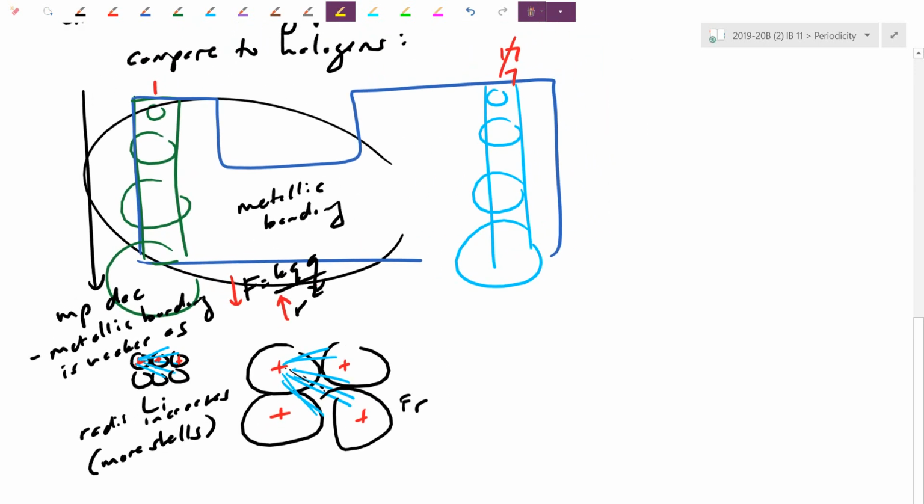Melting point decreases, so the melting point drops, so it's easier and easier to melt. We're going to see in today's lesson that this actually makes the lower alkali metals even more reactive. Unlike your halogens, though, we're going to see the melting point trend is actually the opposite. If you look at section number 8, the melting point for your halogens actually increases, as verified